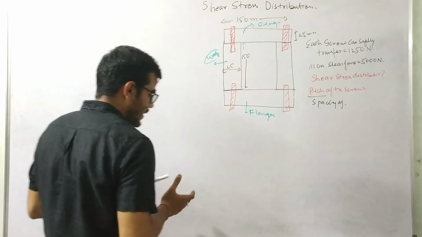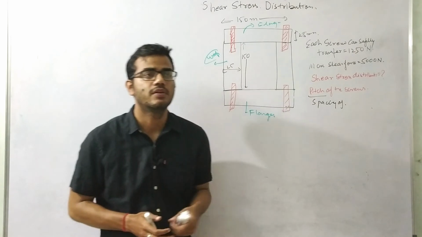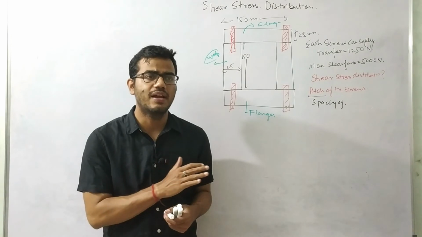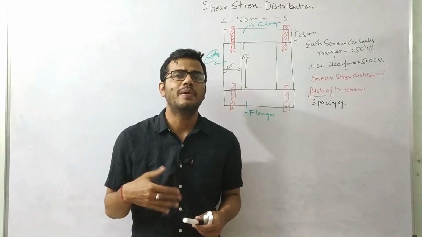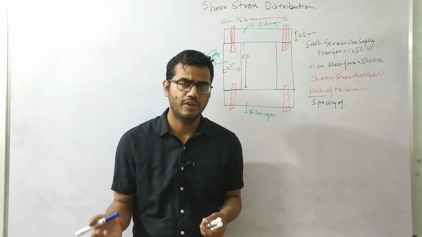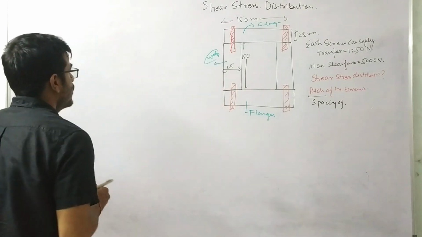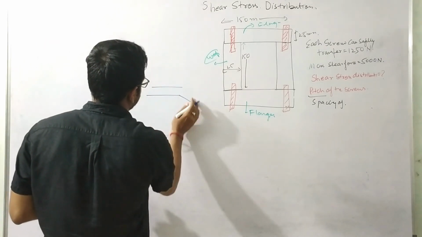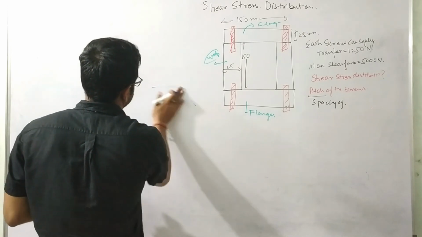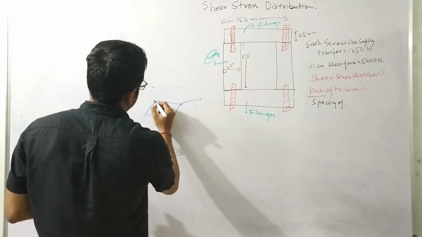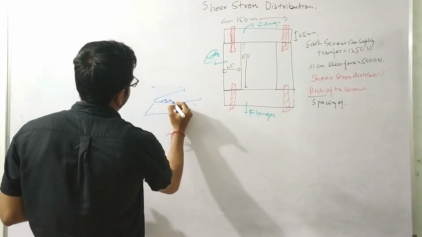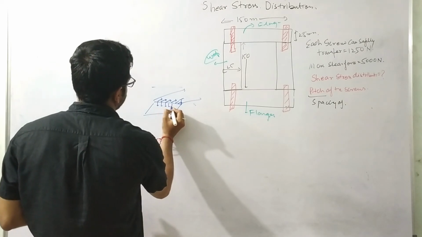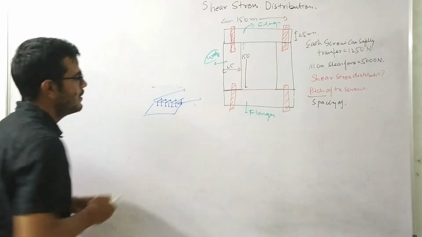The shear stress distribution we are calculating like this, which we have derived in previous formulas. The horizontal shear stress acts at the longitudinal section, and the complementary of which will be generated as a vertical shear. What I meant by that is, if this is the horizontal plane, at this level I am calculating the shear stress, and the complementary of which will be the vertical stress. So this is the thing.